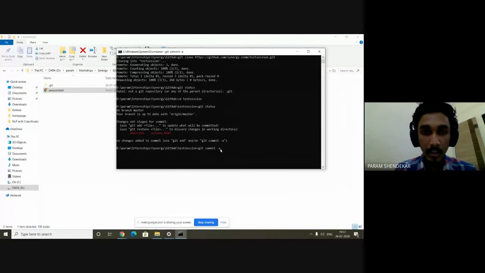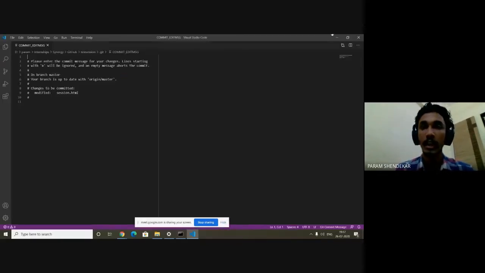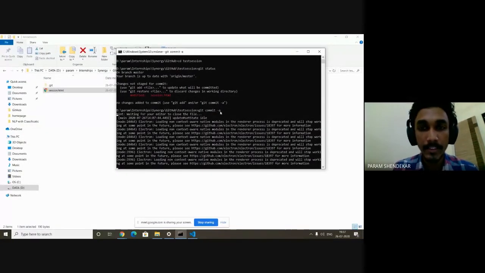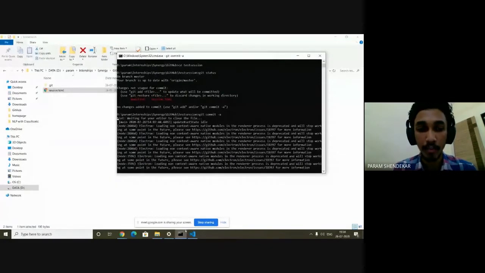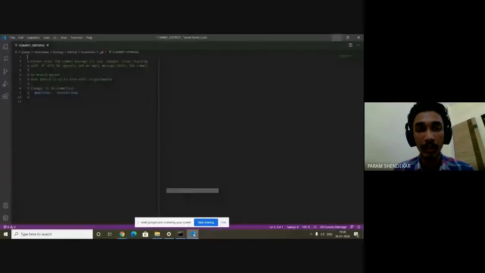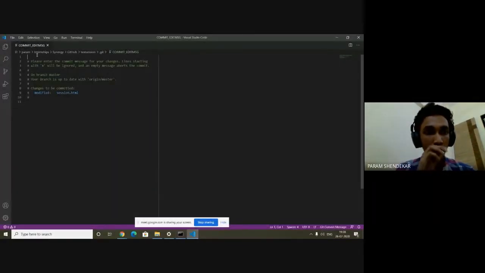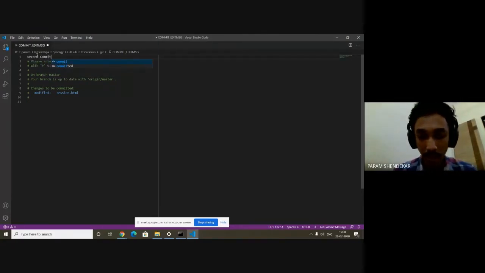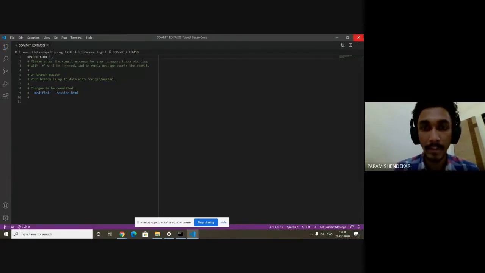So when I press enter, it will open Visual Studio Code. Now, let me explain why it opened Visual Studio Code. You could have just typed git commit -a -m with a commit message just like Mihir did. But due to some configuration error on my PC, the command prompt is not configured to type commit messages. So I've configured it to open the text editor of my choice. So it opens Visual Studio Code. Now I will type my commit message here. Mihir had typed the commit message stating it was initial. Now I will write this is the second commit. And I will just save this file and close my text editor.